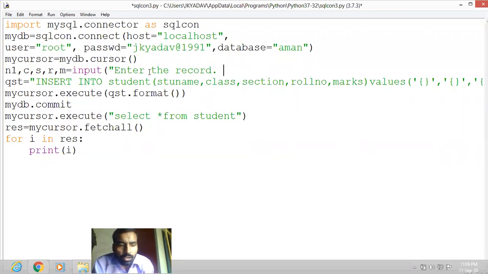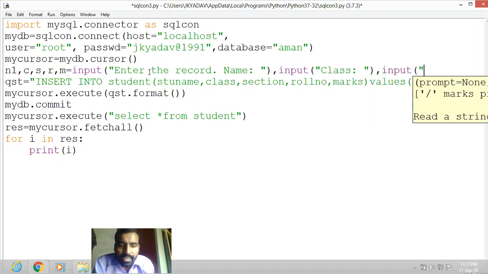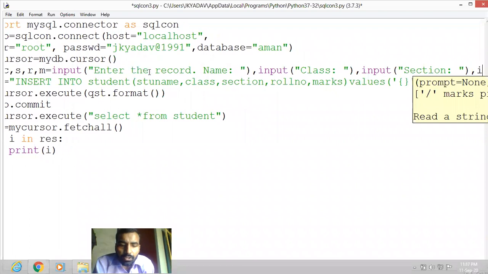Okay, so first name will be there, then comma, let us write input again for class, then again comma input, this time section, then again comma input.